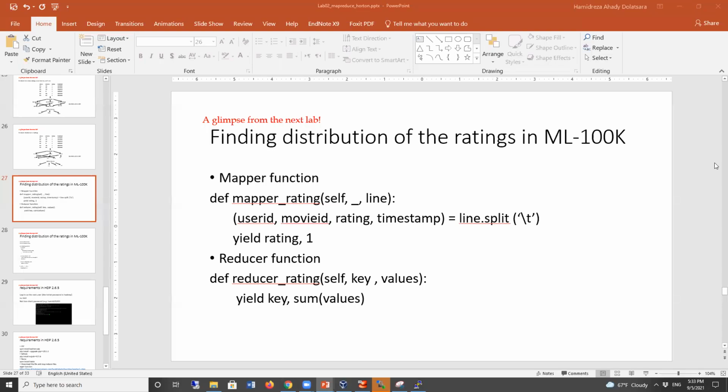Since next week, Monday is Labor Day, let me cover the next lab too. So in this one video, you see two labs. First, we want to find how many ratings were made by a user. In the first step, when we do the mapping part, or basically the shuffle and sort part,